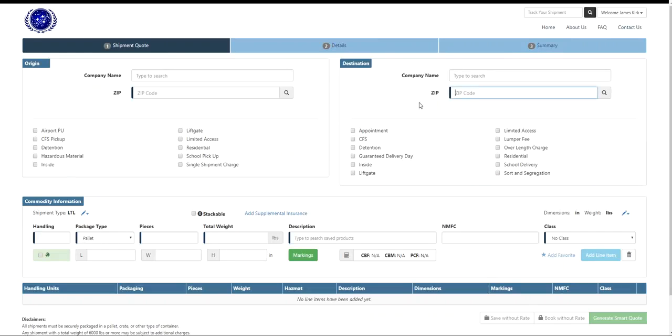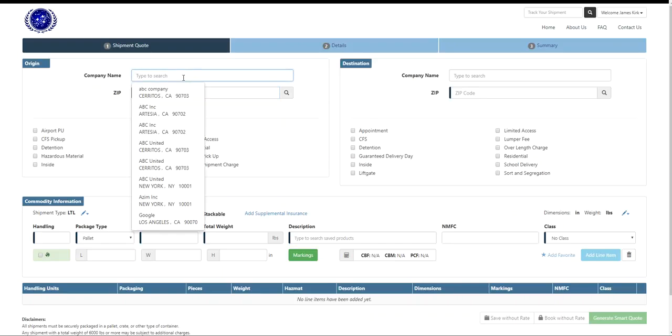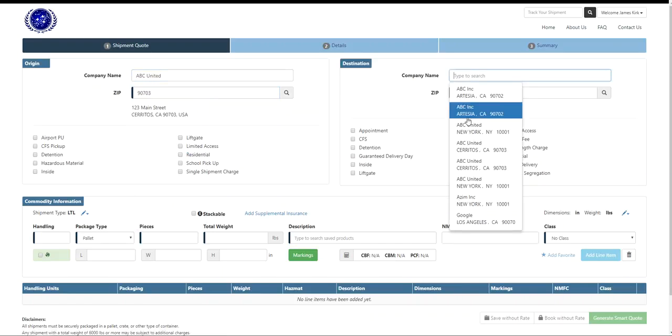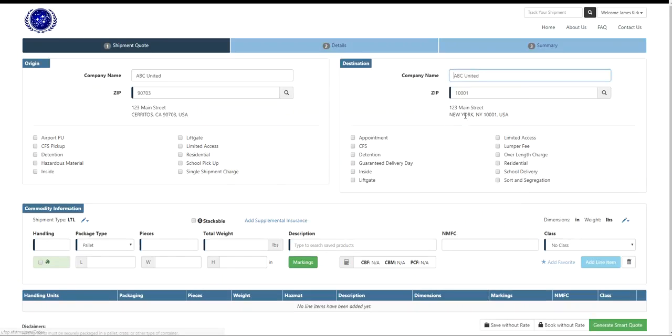The first thing you'll need to do is enter an origin and then a destination zip code. Now you can enter an origin and destination zip code manually, or if you move your cursor into the company name field, you can also select from your address book if you have an address book loaded. After you enter the origin and destination zip code, next you select your accessorials and then move on to the